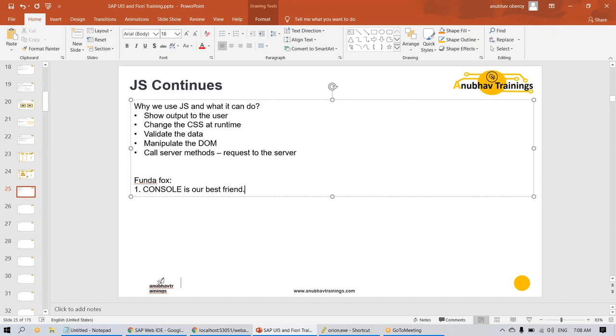Promise me, everybody, next time when your output won't come, at least you will open the console once before shooting an email. Please say yes in the chat window. That's an affirmation you're giving me that you will open the console window before you send an email to anybody, or before you ask a question. Please promise that you will go back and open the console at least once, एक बार खोल के देखना